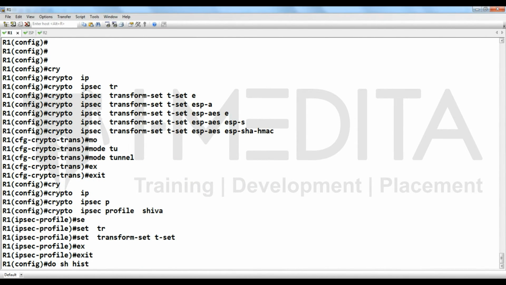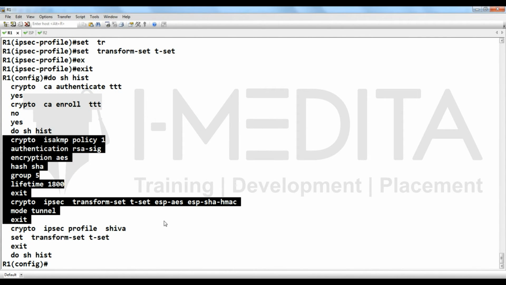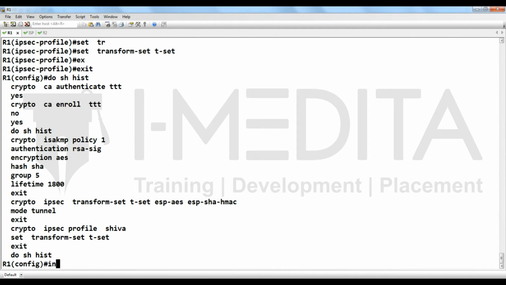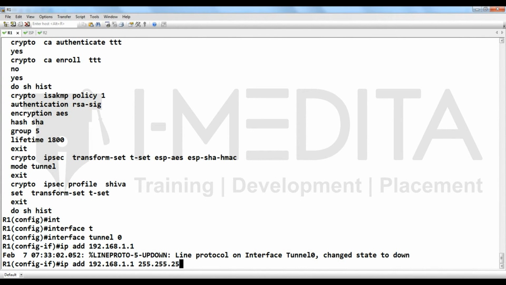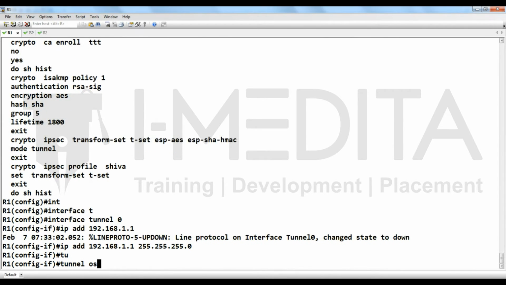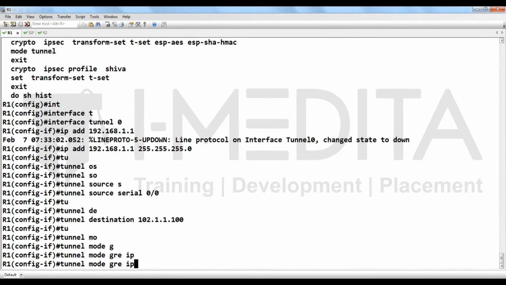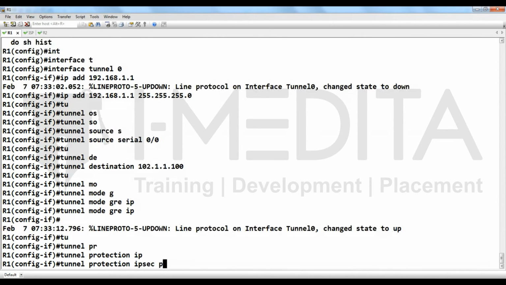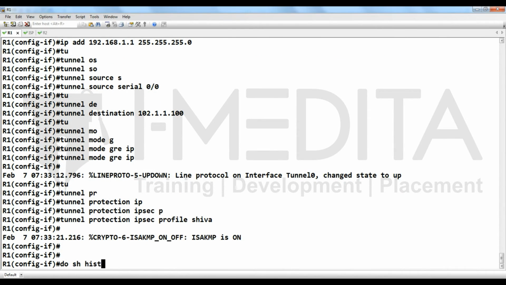I'm going to use it with VTI. Then interface tunnel 0, ip address 192.168.1.1, tunnel source public, tunnel destination public, tunnel mode GRE over IP, then tunnel protection ipsec profile. Done.